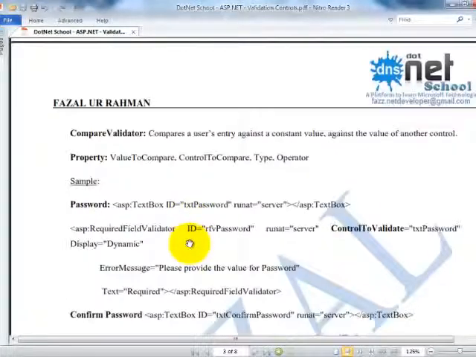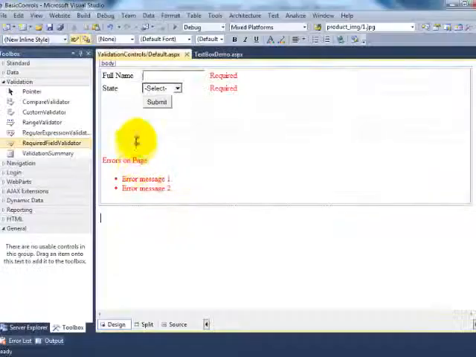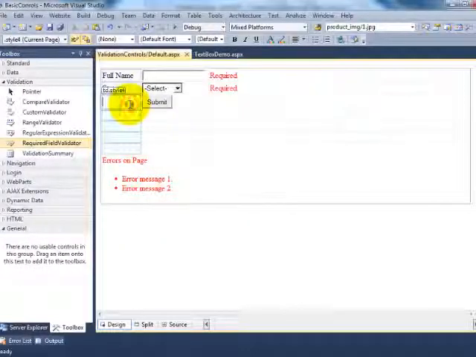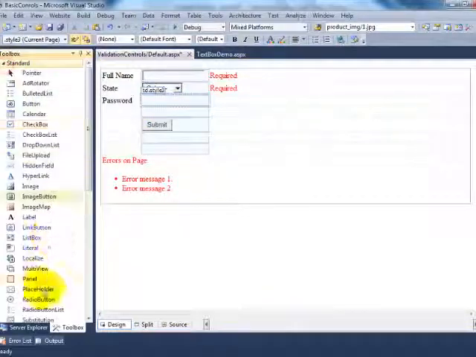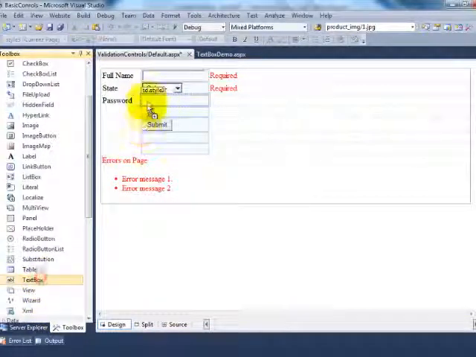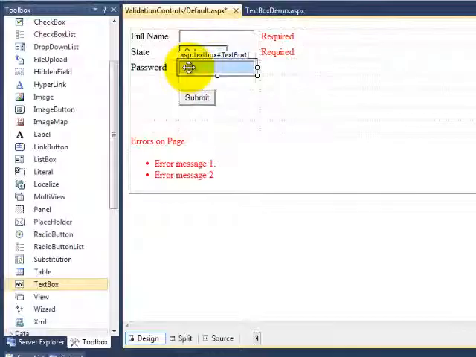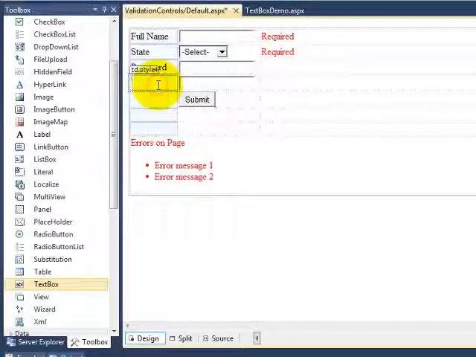Compare validator. Password text box. Here one more text box. Here I'll say something like confirm password.